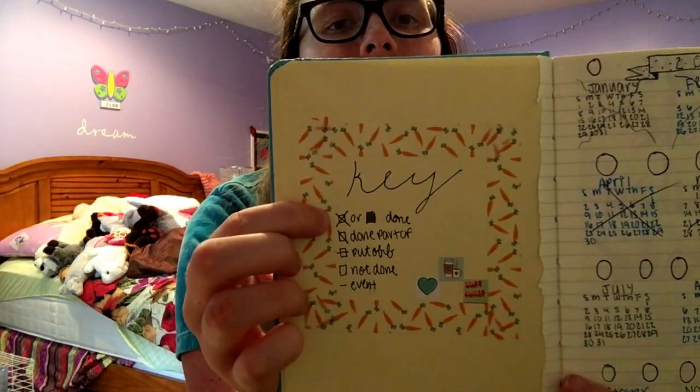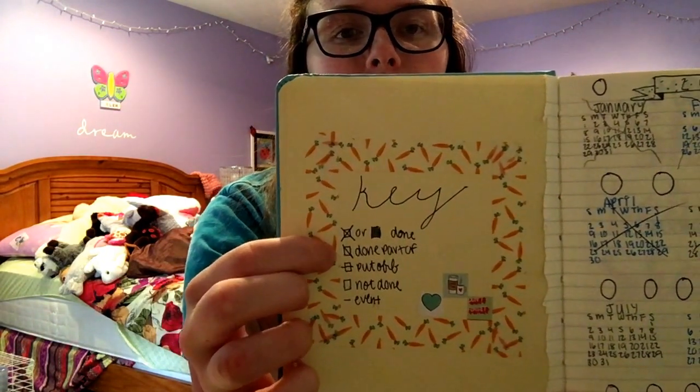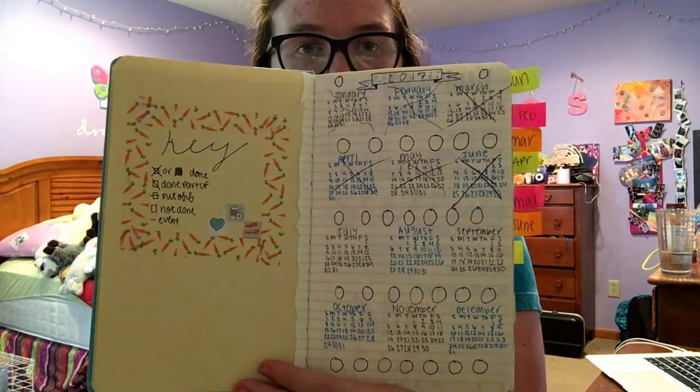So right here I just have to show what I've done, to show what I'm halfway done with or partially done with, to show what I'm putting off, what I haven't done, and what an event is. On this next page I just have my yearly spread, and